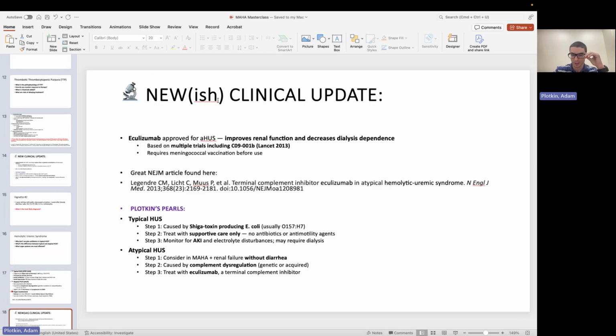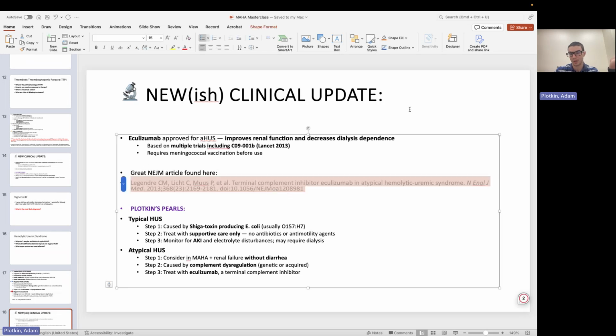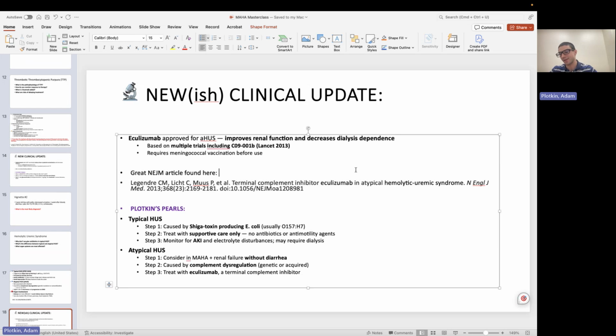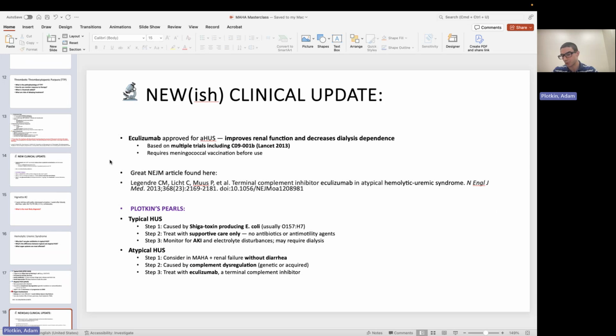A newish clinical update for atypical HUS: we have this drug called eculizumab. It's a C5 inhibitor. It's actually been shown to improve renal function and decrease dialysis dependence. There's a lot of data on it. I found a great New England Journal of Medicine article if you want to read further on it. Again, it's a C5 inhibitor. It's also used in PNH. PNH will be a story for another day, otherwise this lecture is going to take too long. But it's a great drug if they ask you how to treat